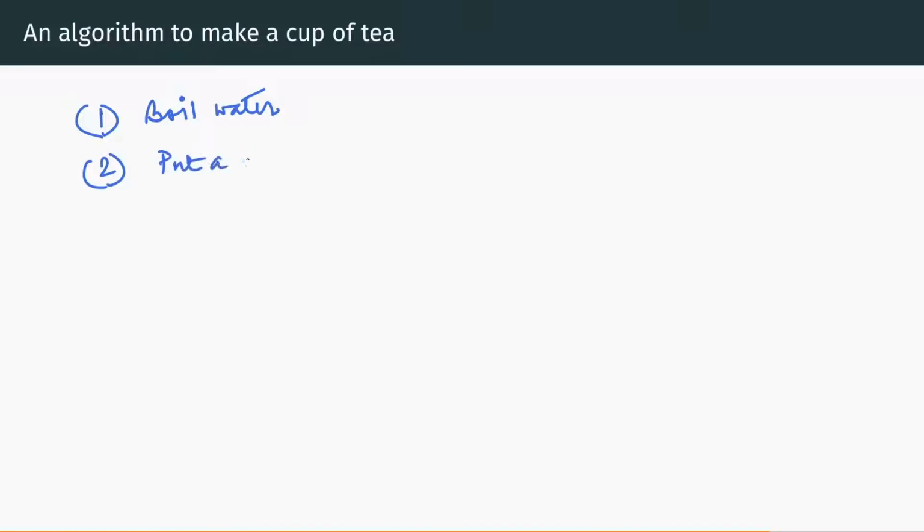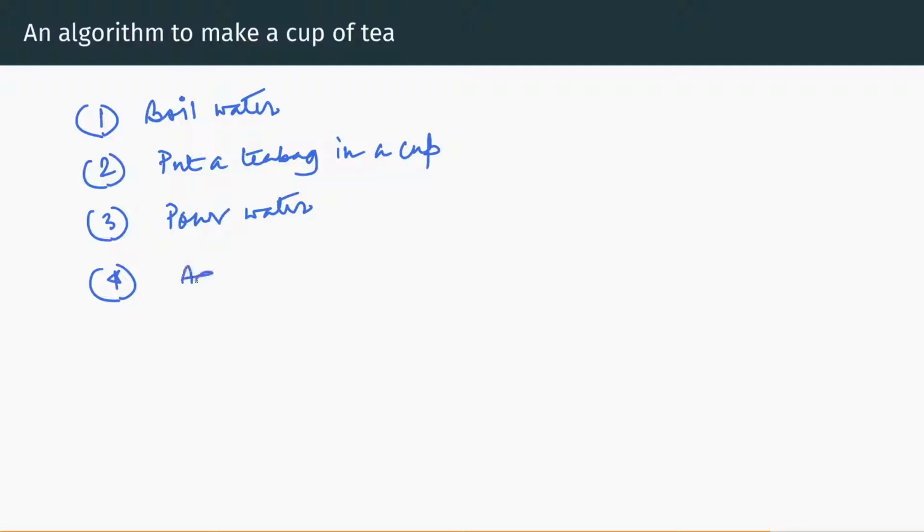Then pour water, and add milk and sugar, right? And 5 is stir. So these are the 5 things that you do, let's say, in order to make a cup of